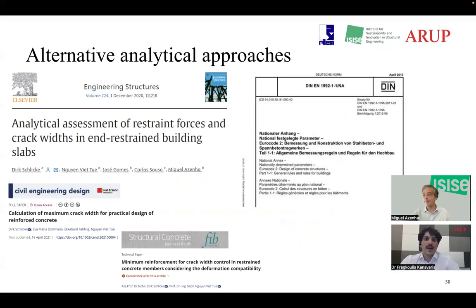Quickly going back to analytical approaches before actually closing, there are some alternative methods for crack control already applied in certain parts of Europe, specifically Germany and Austria. These are based more on mechanically consistent models compared to the calibrated models, which are inherent in all major codes, including Eurocode. But I would say that they're not yet as straightforward to use as the other models, which are more widely adopted.